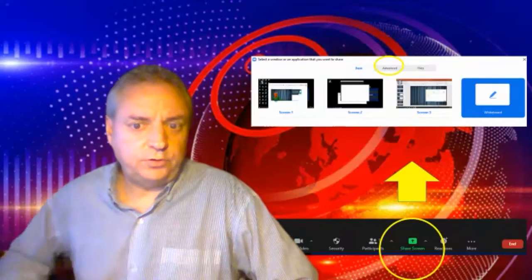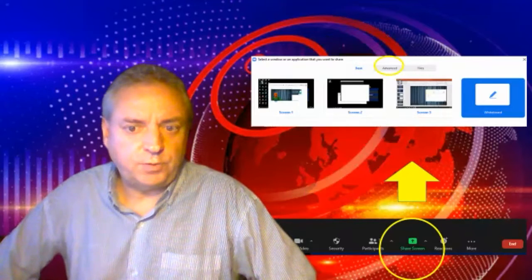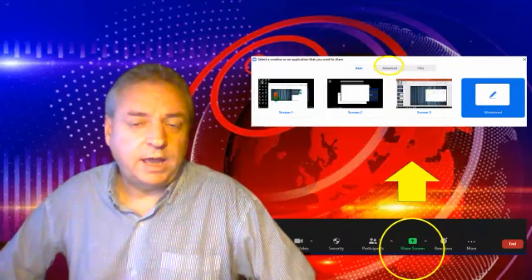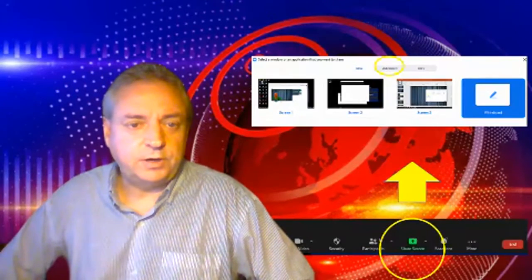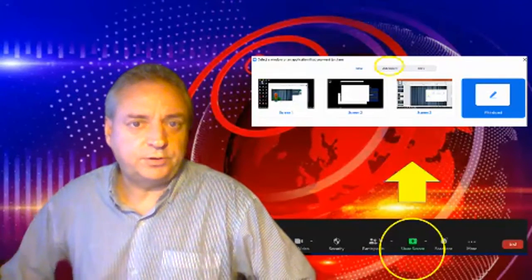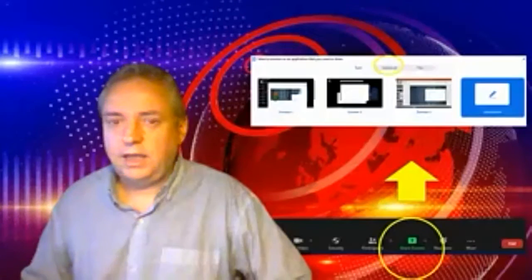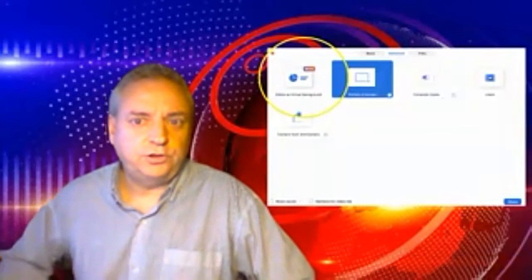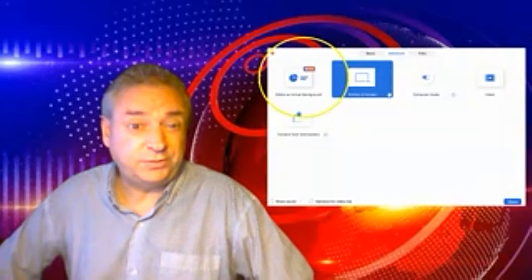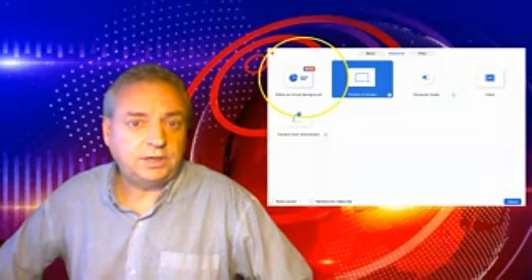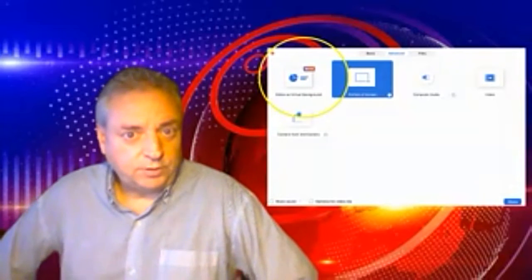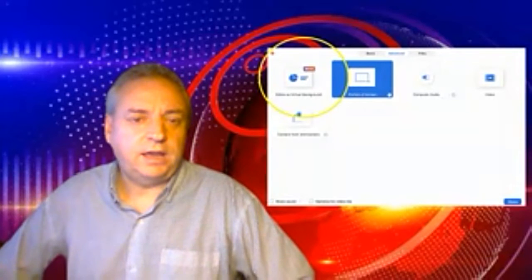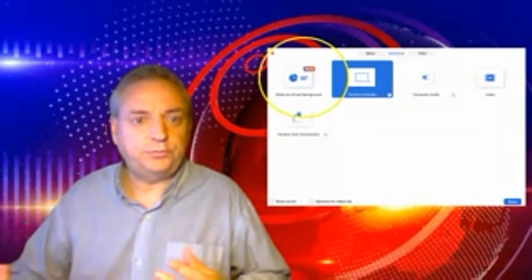So all you have to do is go down to the menu at the bottom, click Share Screen, and that'll bring up the four screen menu there, and you have advanced options at the top. Just click on Advanced and you'll find that you have several options there. If your computer is decent, then you'll see use PowerPoint as a virtual background. If you have that, great, use that, and that's super simple,